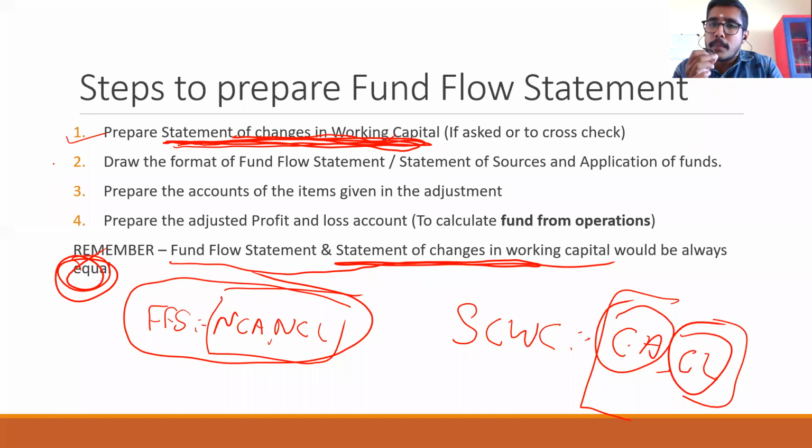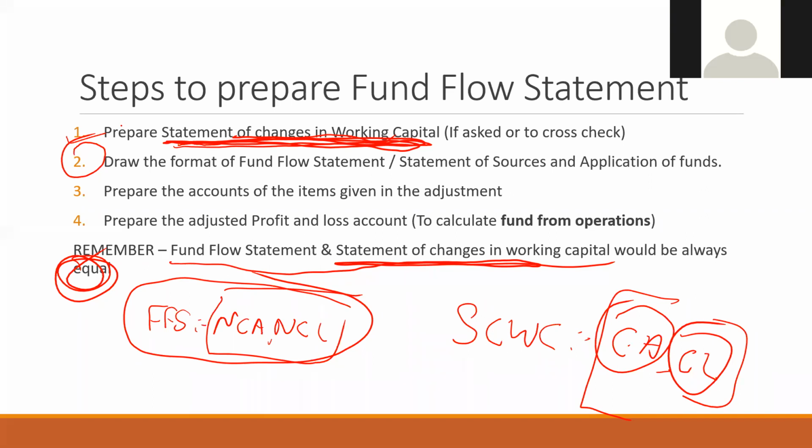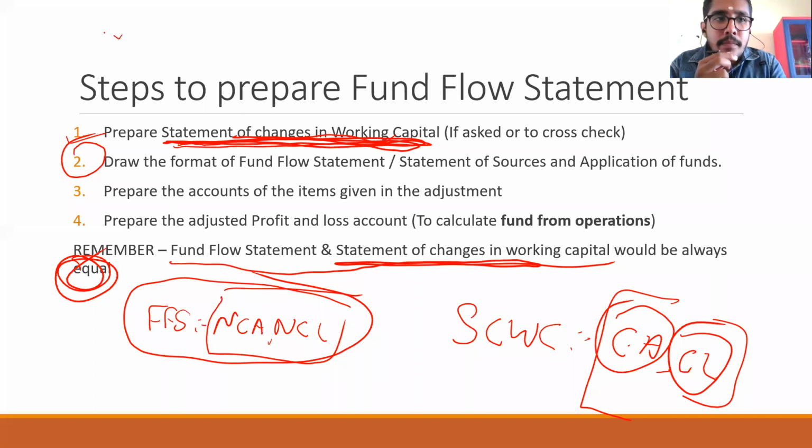Next, draw the format of the fund flow statement. I'll show you the format of the fund flow statement, and you will not be able to complete it initially. What is the reason? First, the statement of changes in working capital. Let me tell you, we saw various sources and applications of funds, right? What were the sources of funds? Share capital, debentures, sale of machinery or sale of assets, and one main source is fund